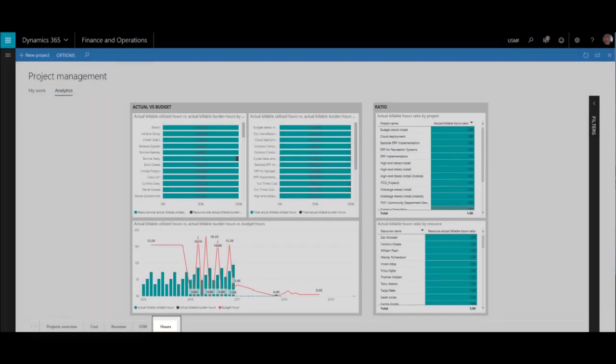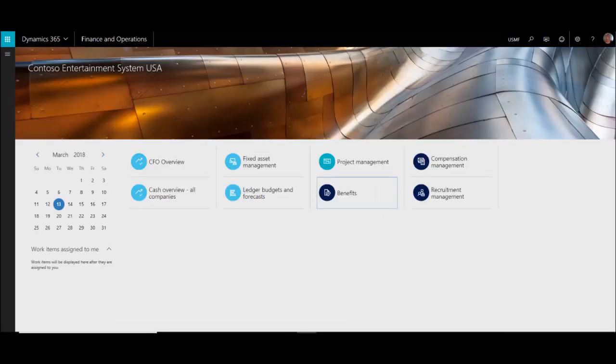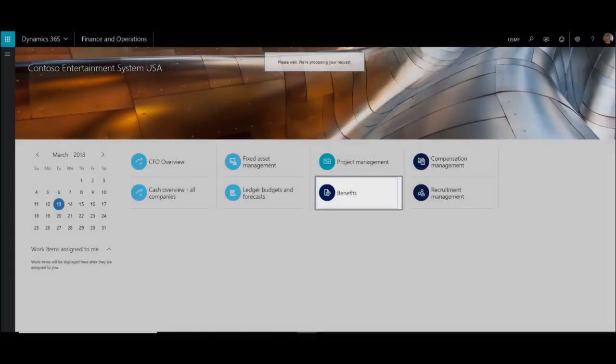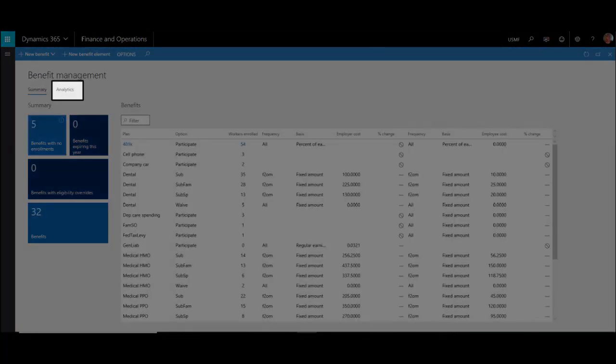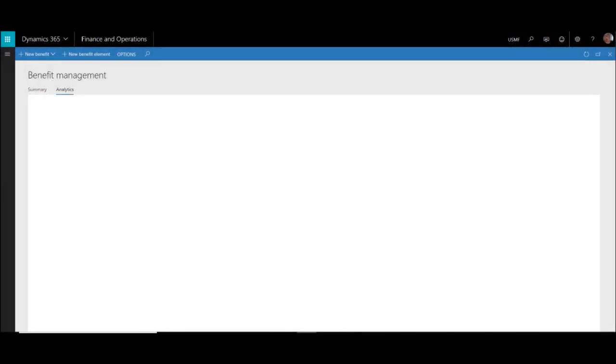And lastly, we'll move to the hours page, which allows us to analyze actual versus budgeted billable hours, as well as ratios based on billable hours by projects and billable hours by resource. Moving right along, we're going to go into some HR functionality, starting with the benefits workspace. We'll go into analytics,